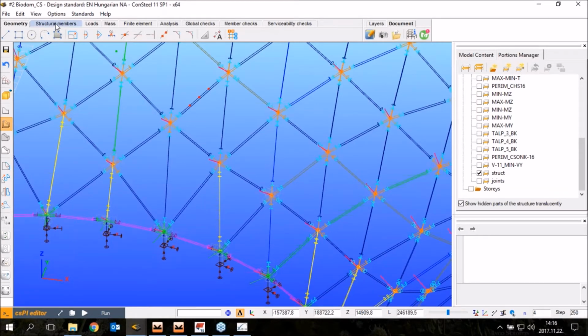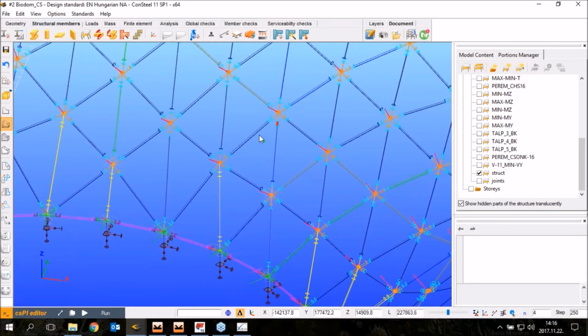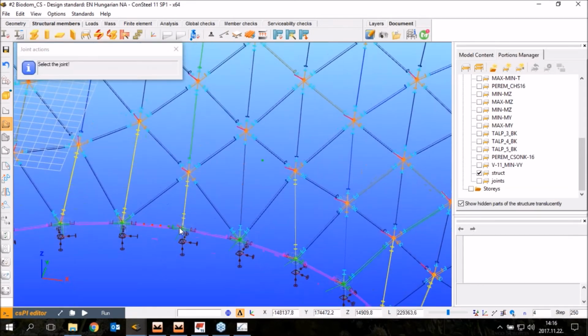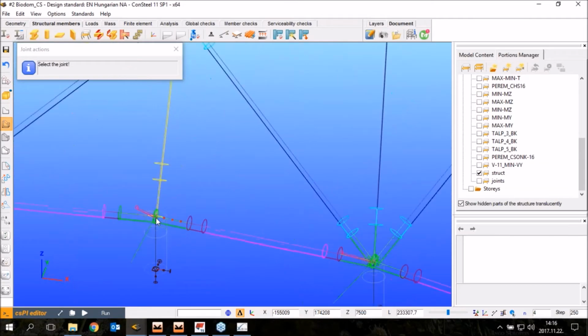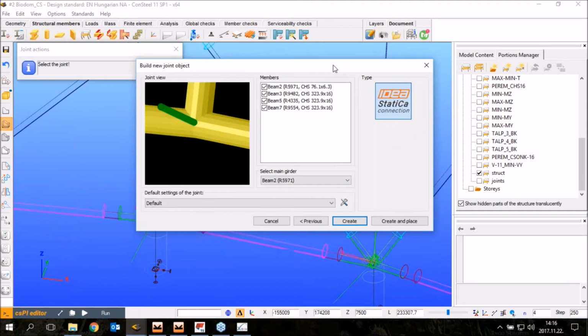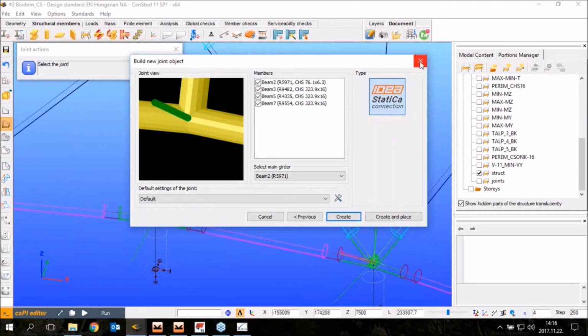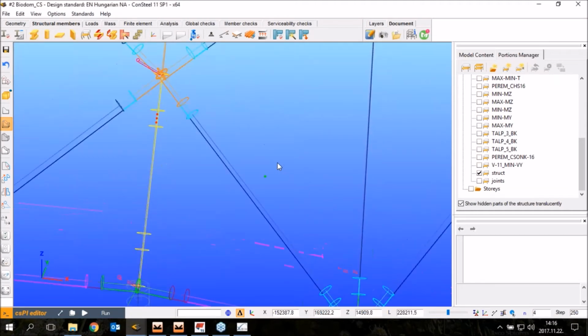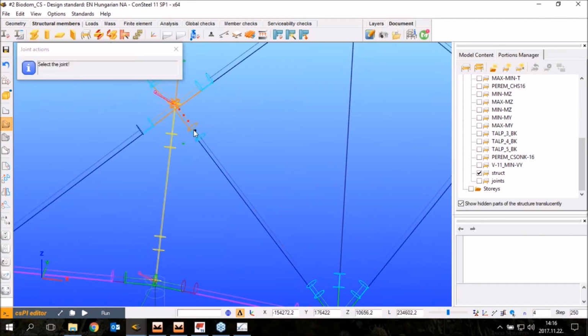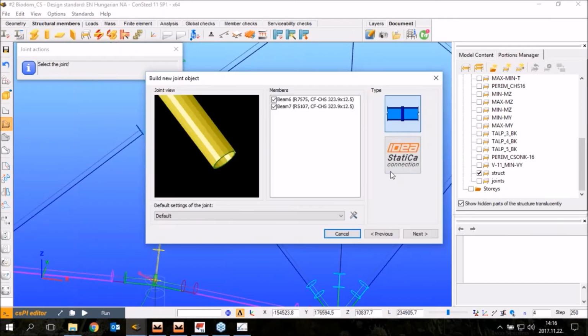How this works in ConSteel, I mean the link between IDEA connection and ConSteel, is that there is a function called create joint by model, which can be used to recognize any nodes in the model. And if you click on it, you will receive a dialog where you can, sorry, I will choose another joint, for example this, because I have a finished IDEA model for this. So I click on this joint, and we can choose if we want to place an IDEA connection